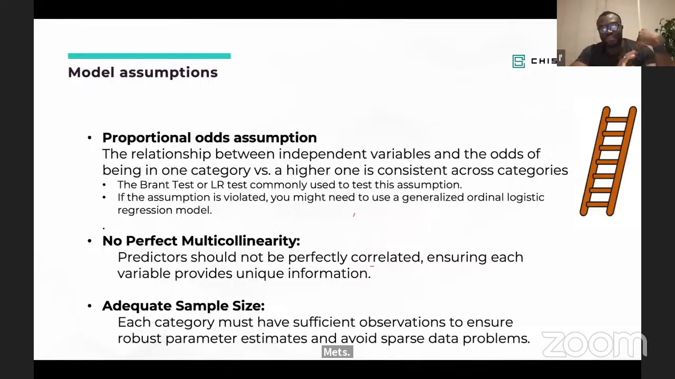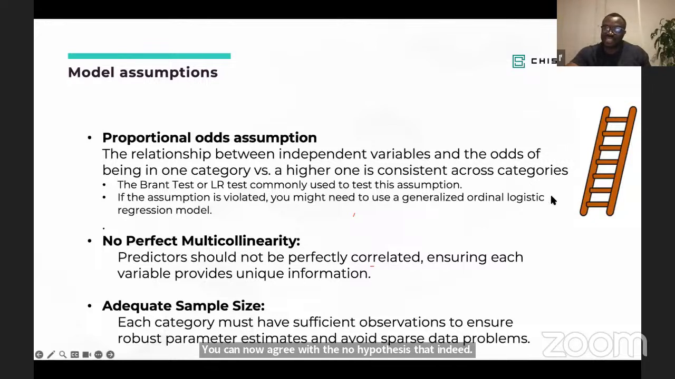Would we want the p-value to be less than 0.05 or big? What do you really want to see if you do a Brant test or a likelihood ratio test? Should it be smaller than 0.05 or bigger than 0.05? Yes, you want it to be bigger, right? Because if the p-value is not significant, it means that you can now agree with the null hypothesis that indeed